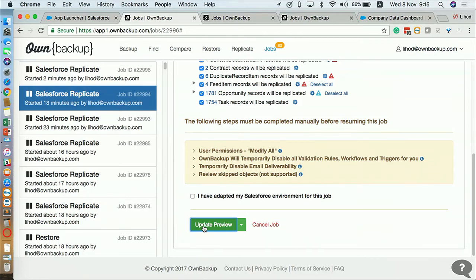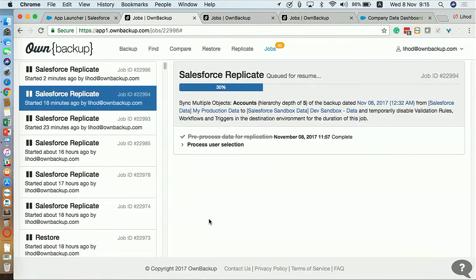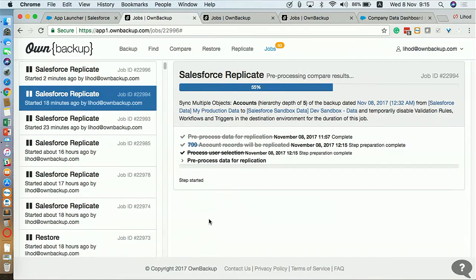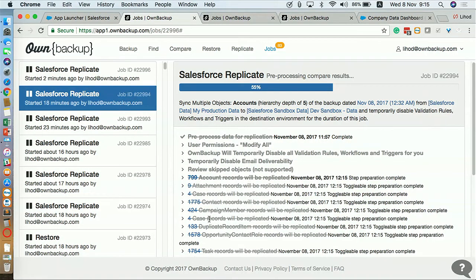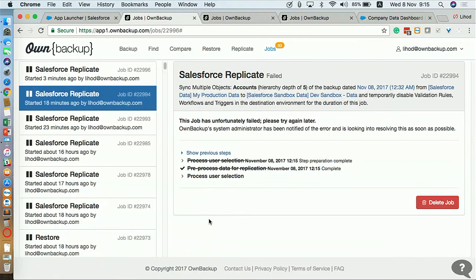While it's running, I will explain that the anonymization actually anonymizes not only the standard fields, but also custom fields on custom objects. We are doing it by determining the name, the label, or the type and masking type of each field. And that way, we will anonymize it automatically for you. And we will keep the syntax and the structure of the value. My name, Lihod Rachmilovich, will be converted to John Schmo. My email address will be converted to something else. My phone number will keep the same structure and the same for security, social security number, credit card number, or any other object. So it will be valuable for your